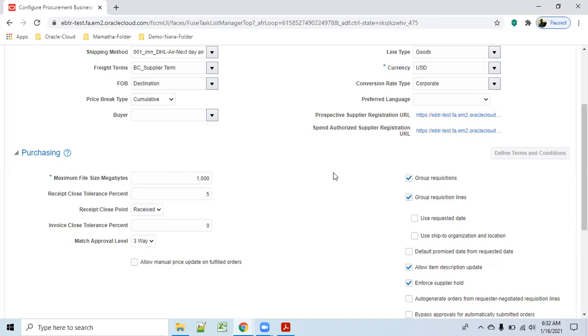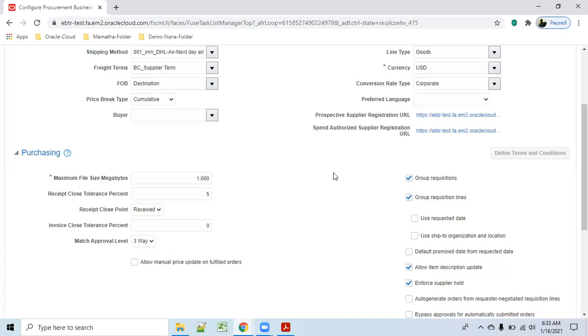So here we have prospective and spend authorized. Prospective means it is not a supplier yet. Prospective suppliers will be useful only for negotiation documents, in the negotiations. During negotiation, the prospective supplier will be helpful for the organization.